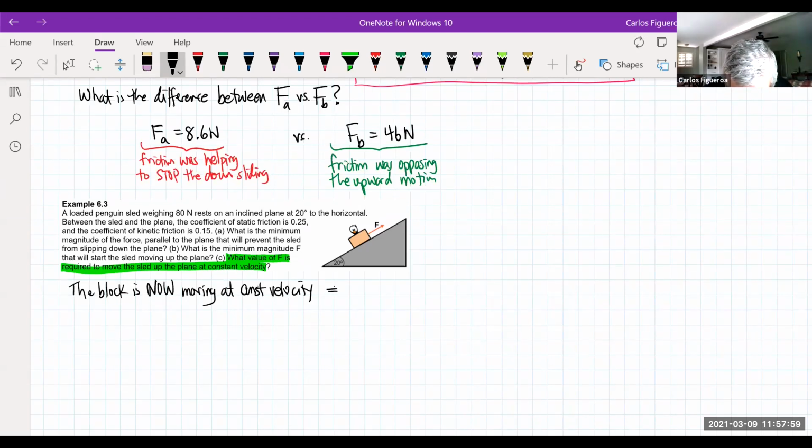So immediately that tells us that it's sliding at constant velocity. So now we have kinetic friction. And so what this really tells us here is that if we're moving upwards, then N2L equations